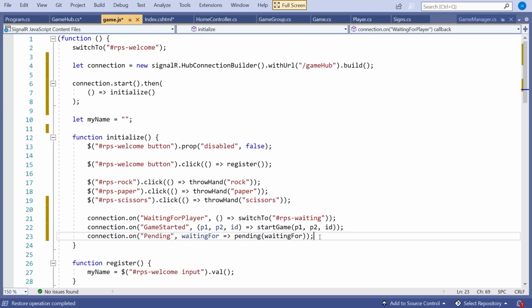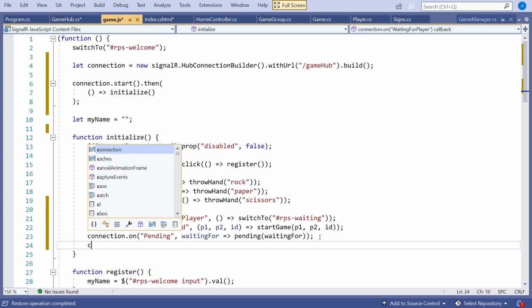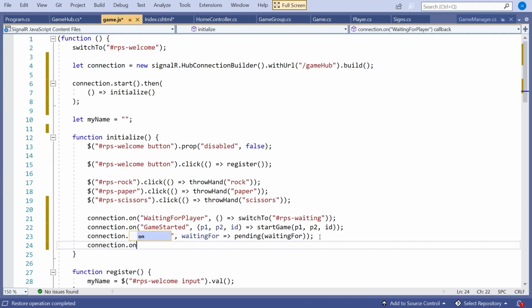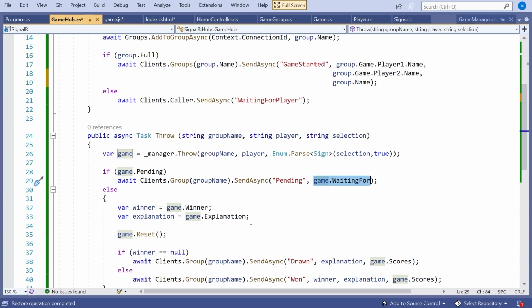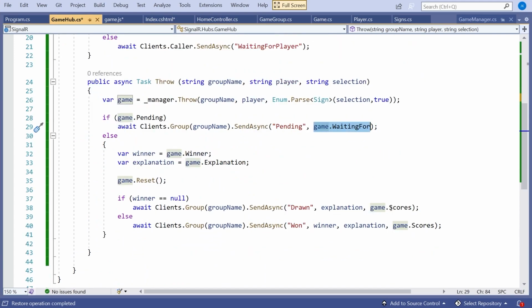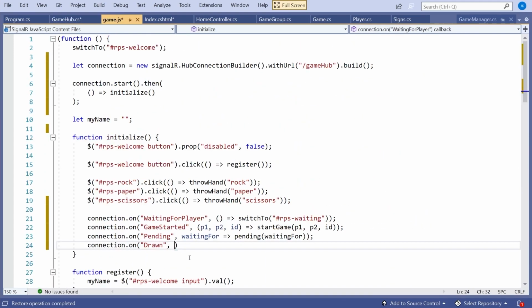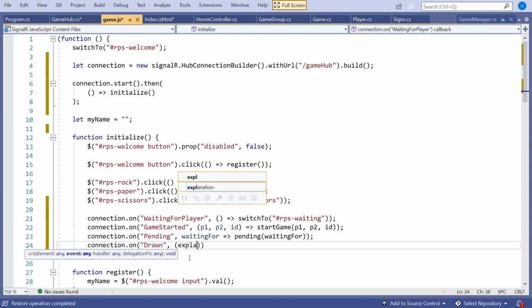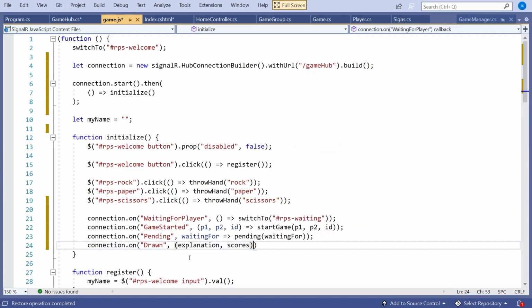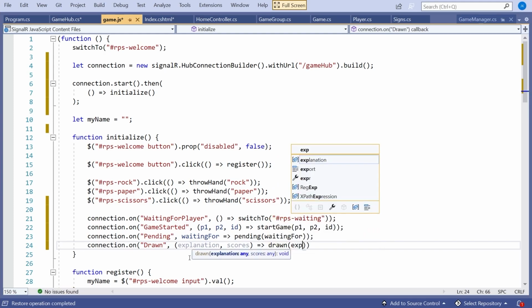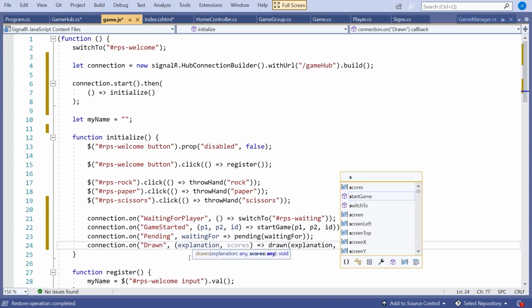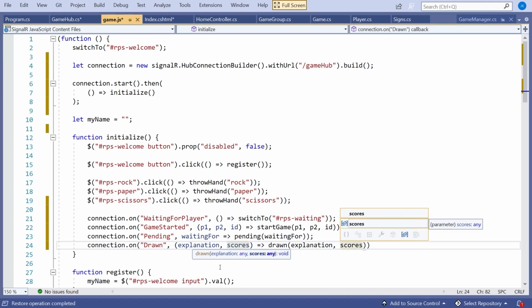And then just a couple more to do. We've got to have our connection.on, and then if it's a draw. Again, if we look back here, the drawn takes the explanation and the scores. So in here we put explanation, scores. Those are the two parameters that are coming out. Again, we've got the real hard work already done. That just takes explanation and scores and basically just displays those on the screen.